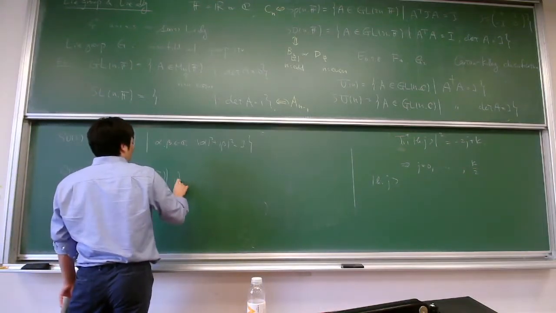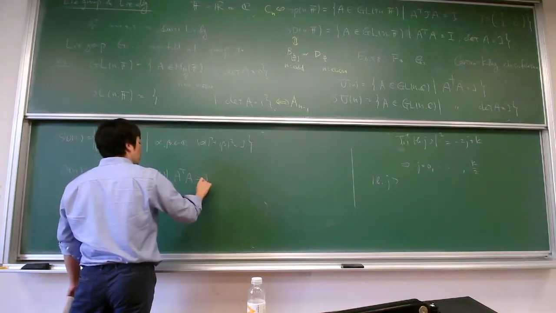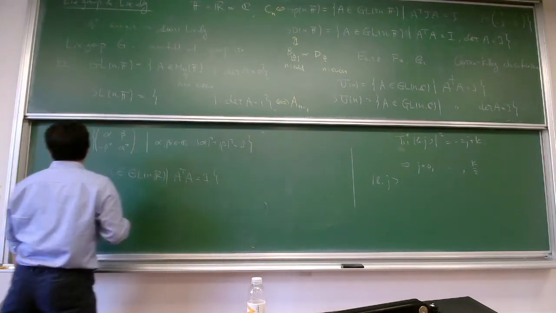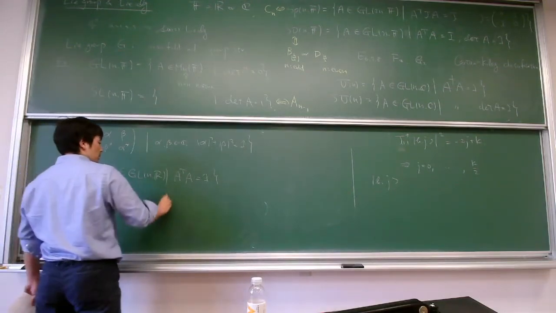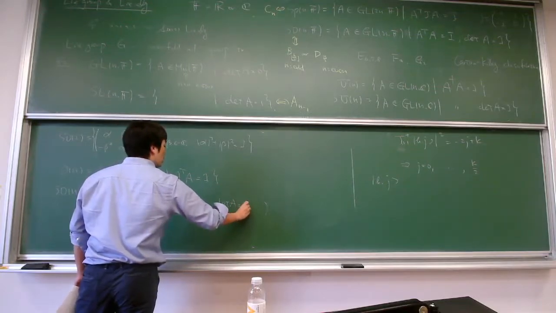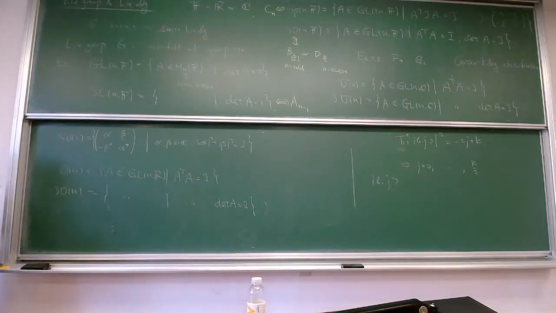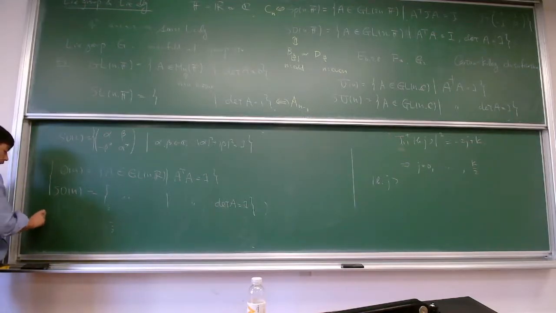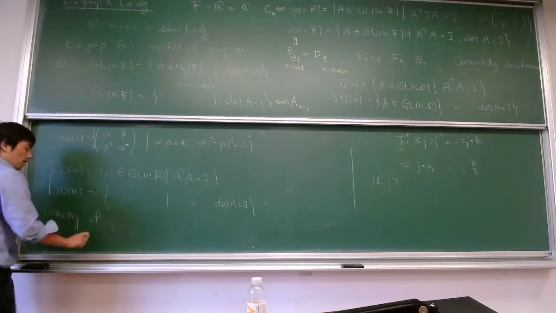And then A transpose A is equal to 1. And if you add the special unitary condition, the speciality condition, you get the SU(n) group. So this one will preserve. So these were the isometries of Rn